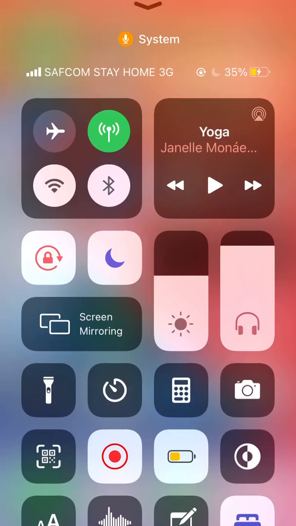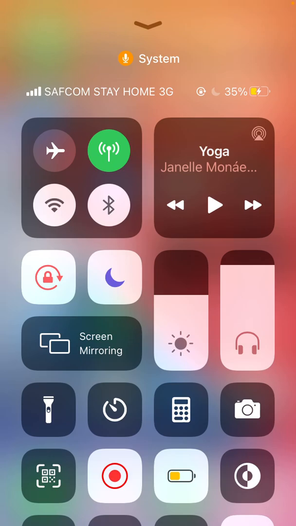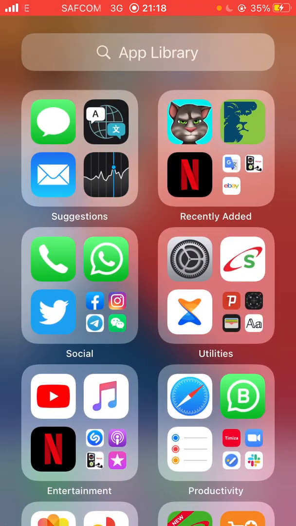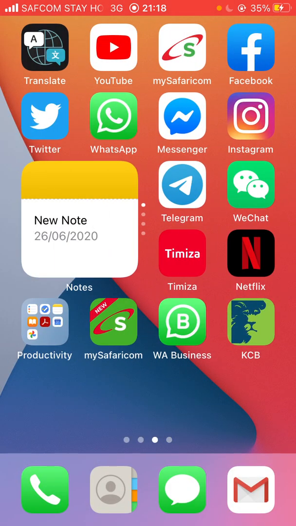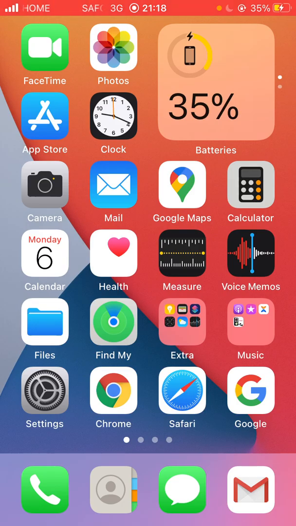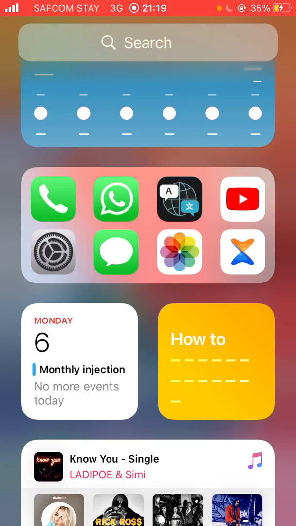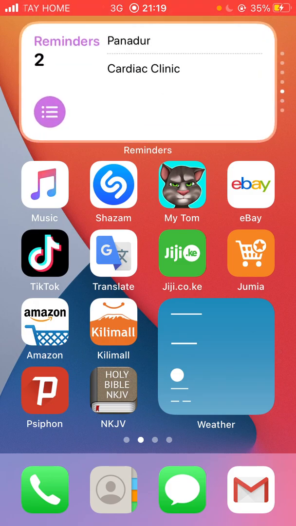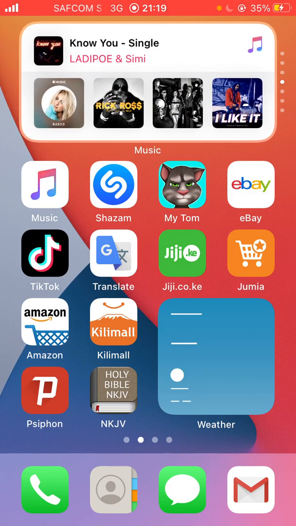I've run into issues. A small one, the Control Center had an issue. App Library crashed, and I just rebooted, and everything went back to normal. Here are some more widgets, and this is a smart stack. You can see it dynamically changes with the day, and that's all for